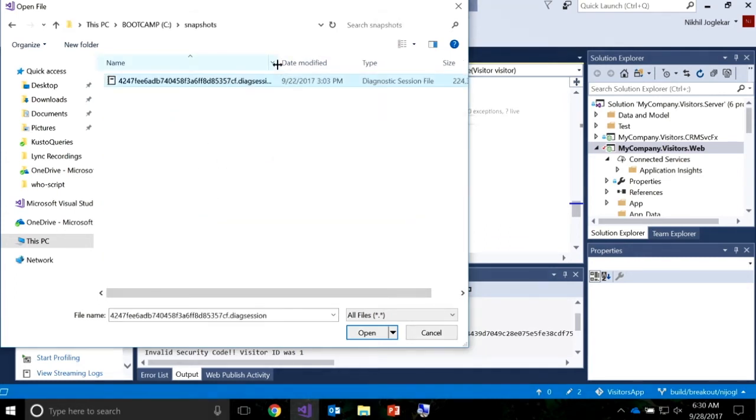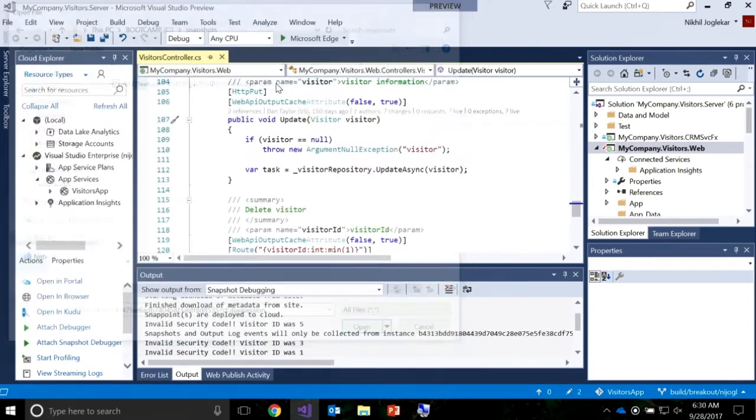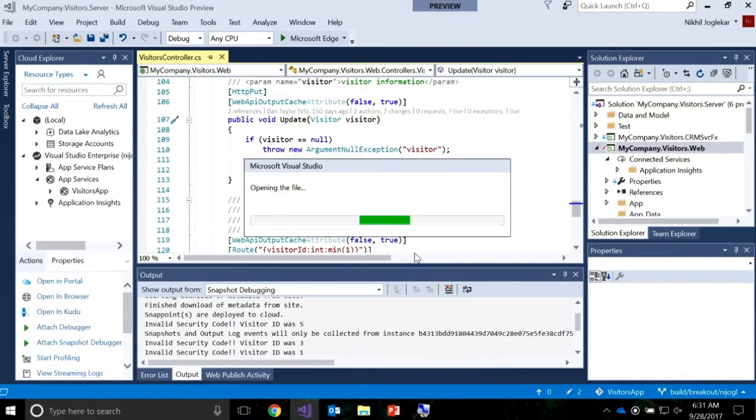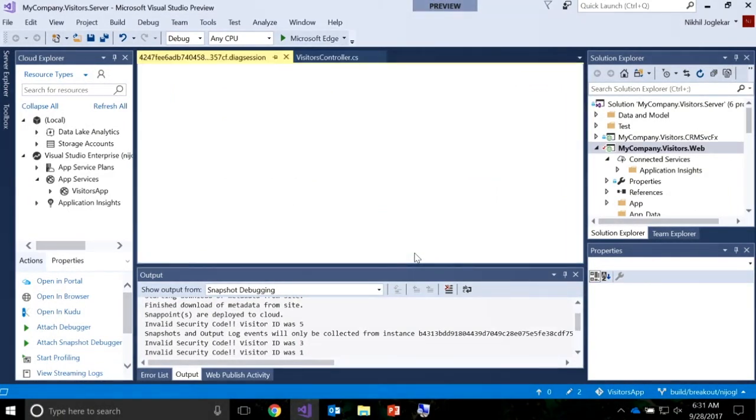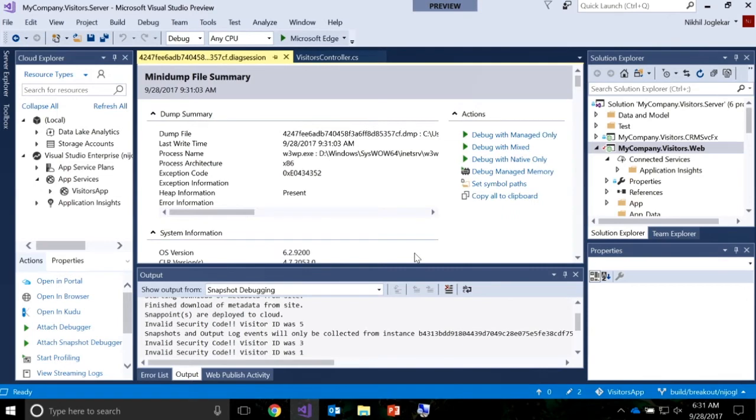So what you do download is this .diagsession file. This .diagsession file is kind of like a dump, where it allows you to debug against the exact point of time when it was captured. It also contains all of the PDBs for your application, so you'll have the right symbols to debug against your application. So when I have this .diagsession open, I can debug against that point of time